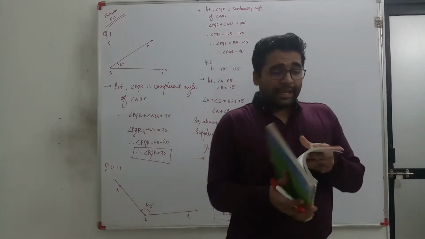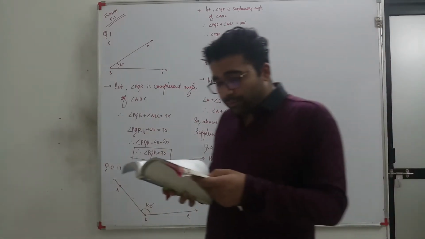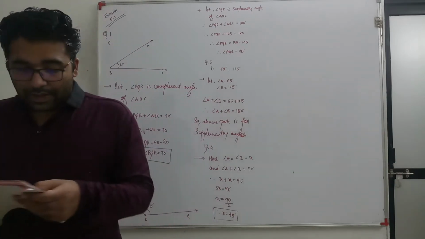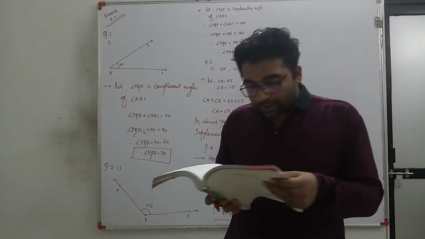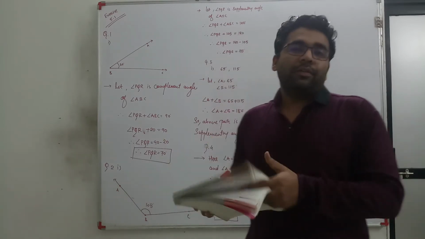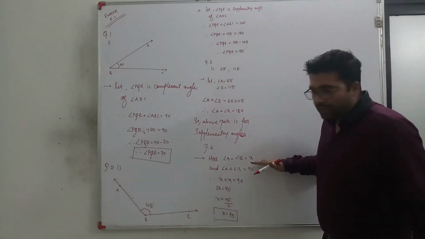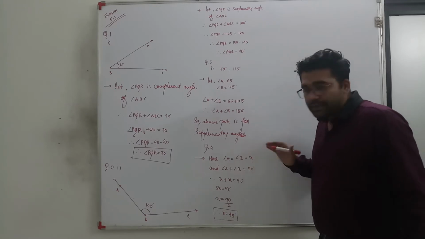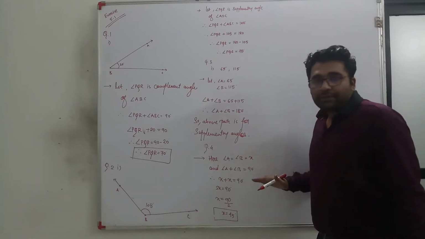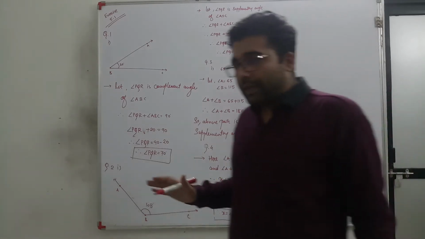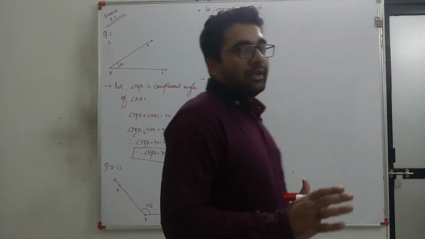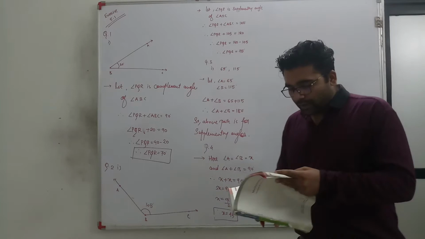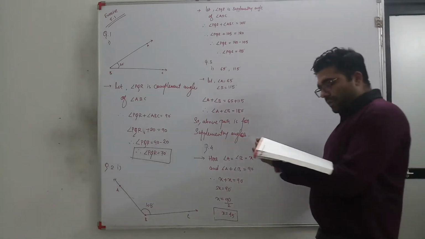In the same way you need to solve question number 5, which says, find the angle which is equal to its supplementary angle. You need to take just two things: angle A is equal to angle B is equal to x, angle A plus angle B is equal to 180 degree, and once you put the value of x in it, you get the result as 90 degree. Now let me see question number 6.